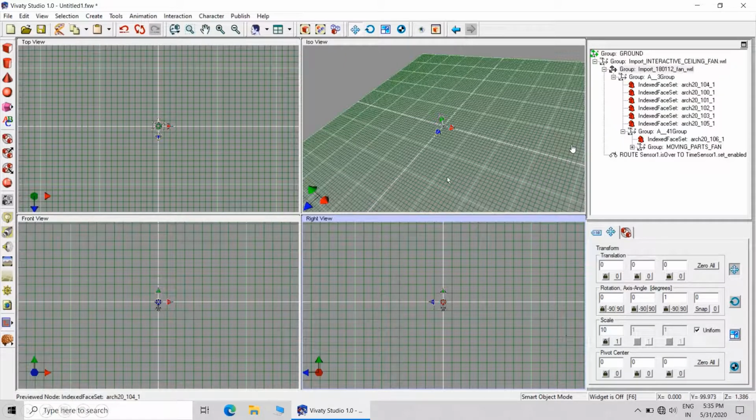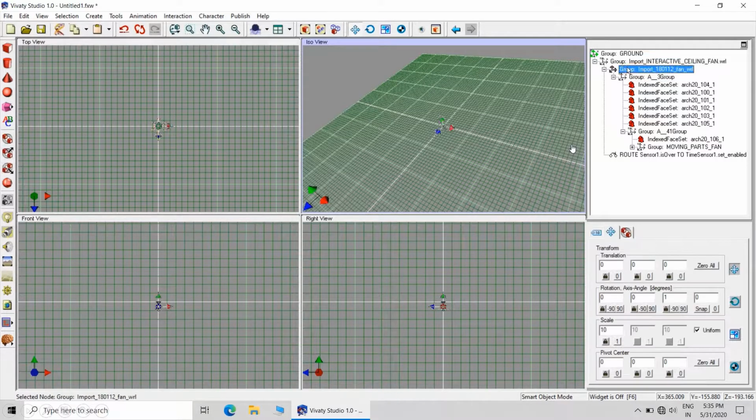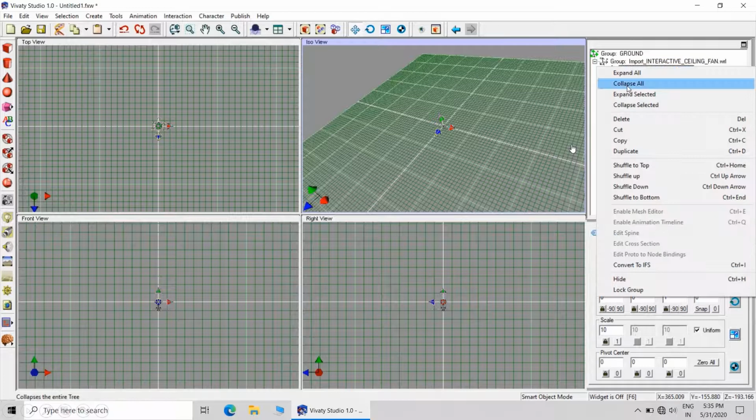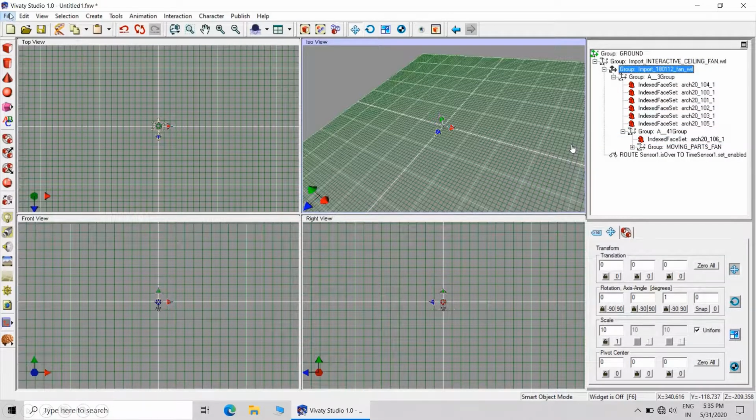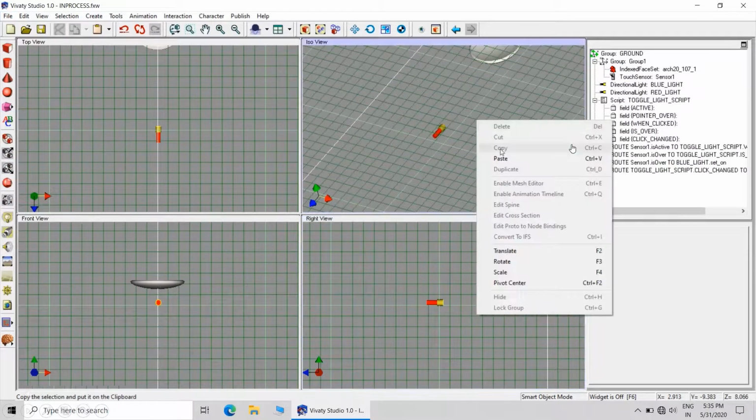And as you know, we have scaled up the fan by a scaling factor of 10 units, and the same thing has to be done again because we have not saved that particular scaling factor. Now here we will paste it.